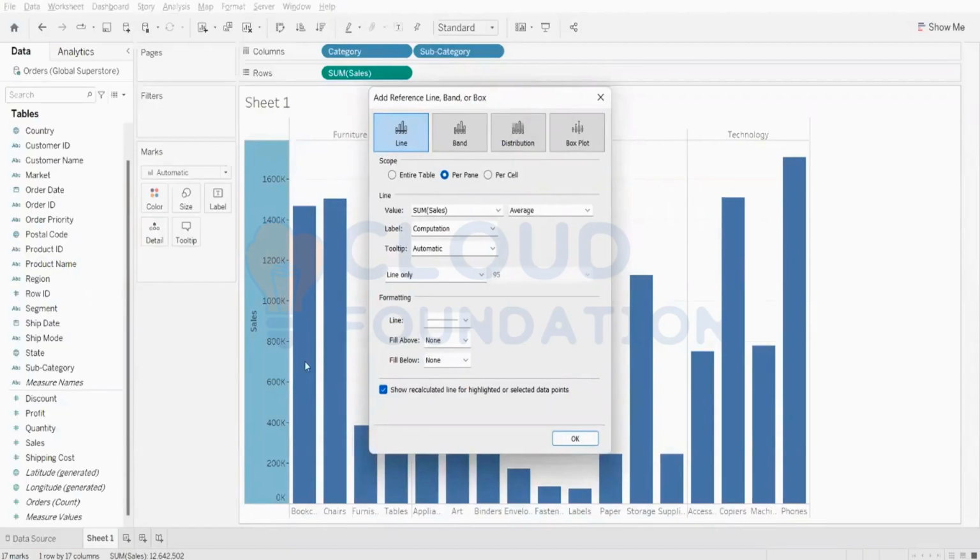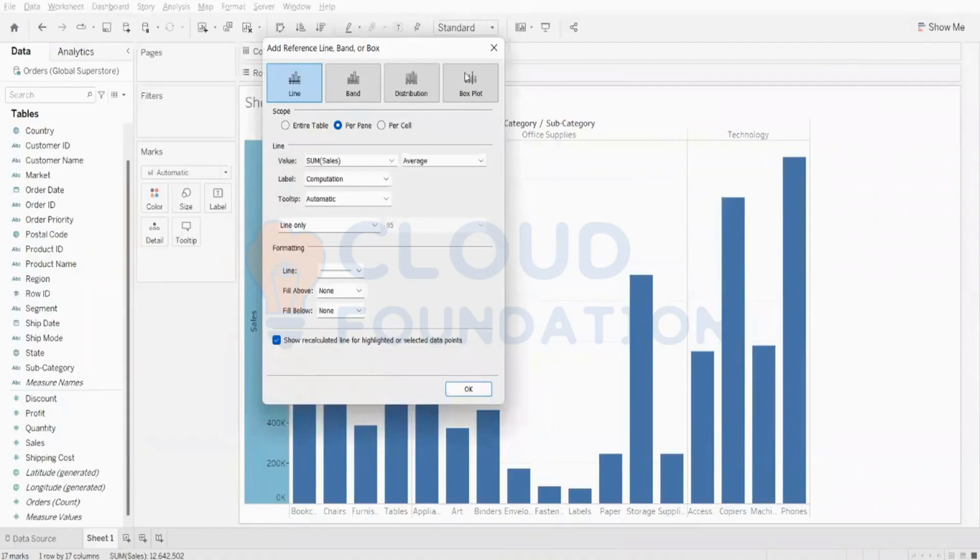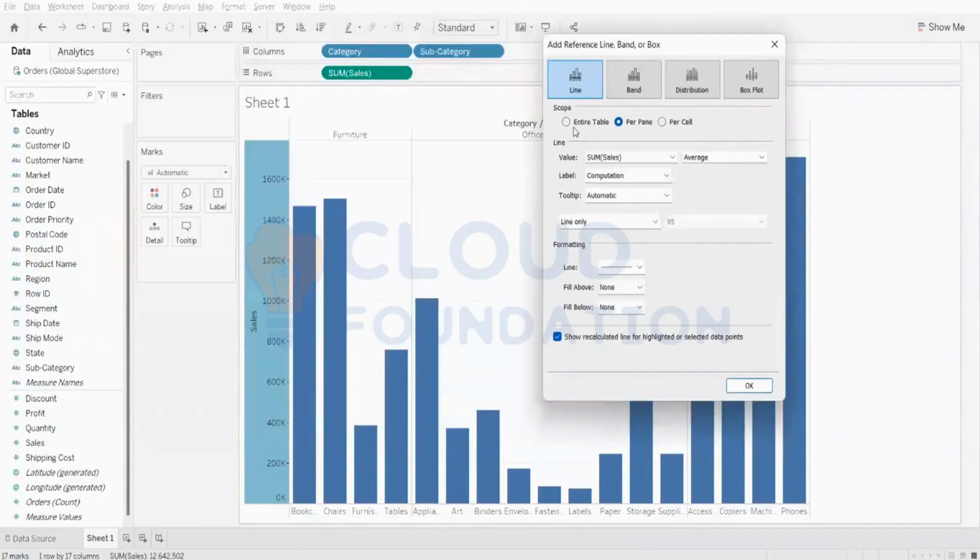In Add Reference Line, there are line, band, distribution, and box plot. There is also something called scope: entire table, per pane, or per cell. What is a pane? This furniture box that you see is a pane, this category is a pane, technology is a pane. These are panes. It is asking entire table, per pane, or per cell. If we choose entire table, then what is the